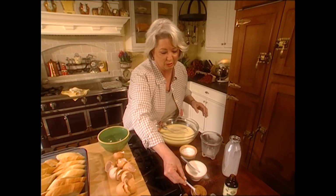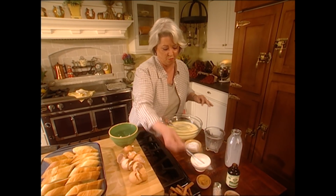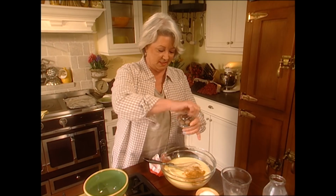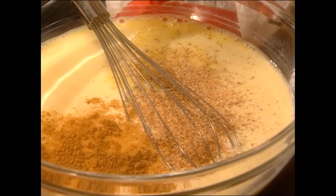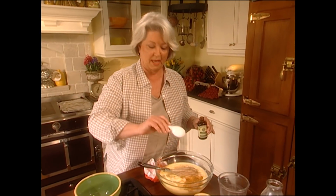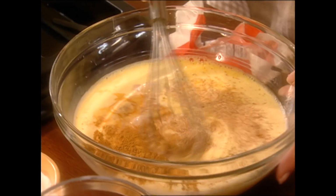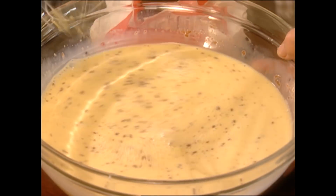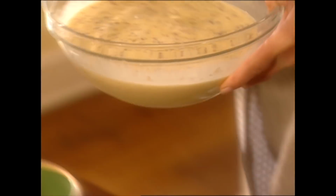Let's see, we're gonna use about 1/4 of a teaspoon of cinnamon, 1/4 a teaspoon of nutmeg. This little machine is just the handiest thing. And about a teaspoon of pure vanilla extract. We're just gonna whisk that all together. And if you do decide to whip this with an electric mixer, just make sure you don't get it too bubbly. Now we're just gonna pour this on top of our bread,